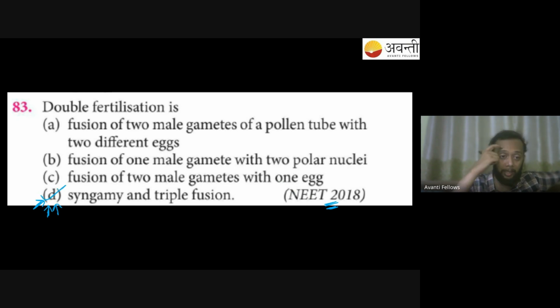बाकी कोई भी आपका यहाँ पे सही नहीं है। यहाँ पे क्या लिखा है, 2 male gamete with egg, ऐसा नहीं होता। Fusion of 1 male gamete with the 2 polar nuclei, that doesn't happen. So that is why option D is the best answer over here, right? बाकी सब आपके यहाँ पे गलत।